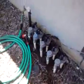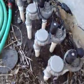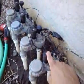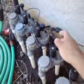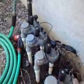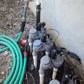Again, they all come into the valves, which is the valve location here, which is all hooked up to the main water source, and then, of course, operated by solenoids on top, where my finger's at. The control box with the sprinkler wire, which is connected to the sprinkler wires here, will go into the box and operate these solenoids, opening up the valve, and the water goes